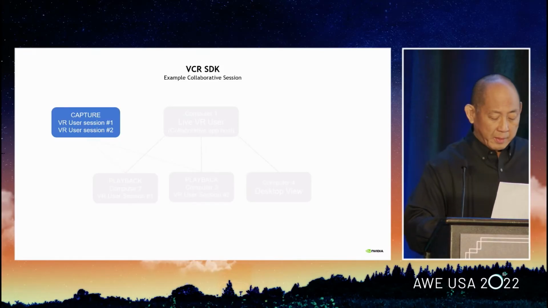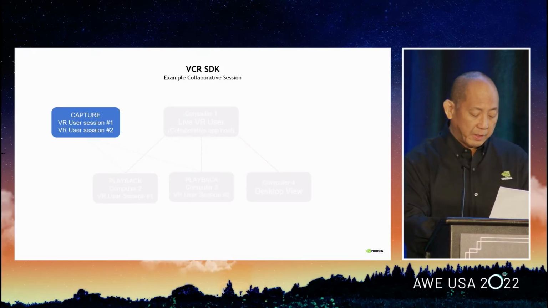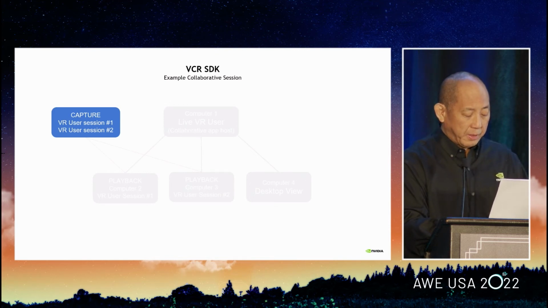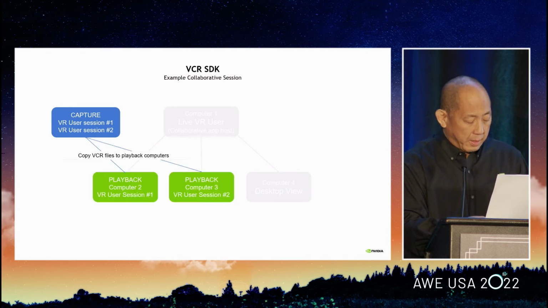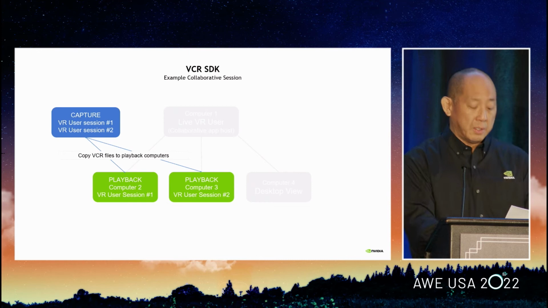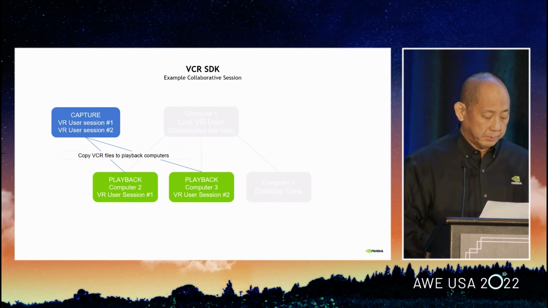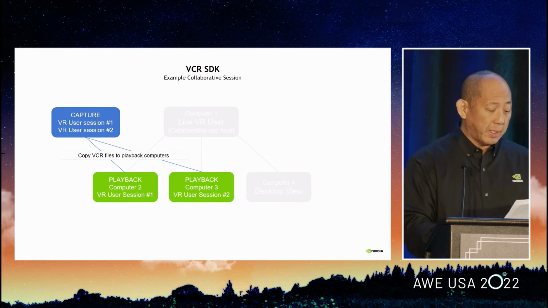So I wanted to expand on the diagram you just saw in the video, how capture and playback is done within VCR. In this particular example, a single VR user could capture 2 VR sessions. Then each recorded VCR session is copied to a computer to be played back in the same VR app using a collaborative supported VR